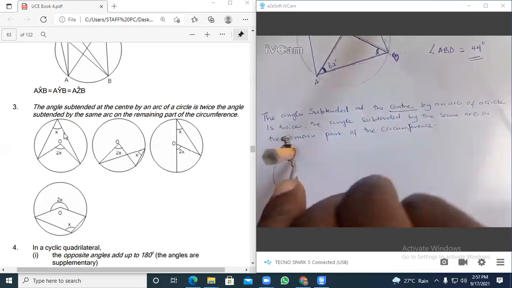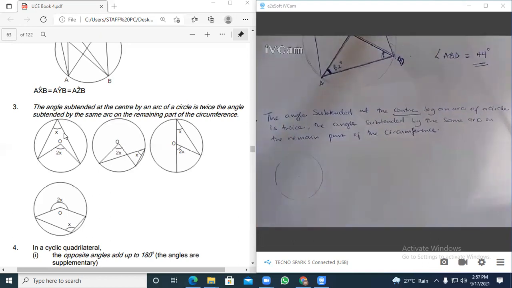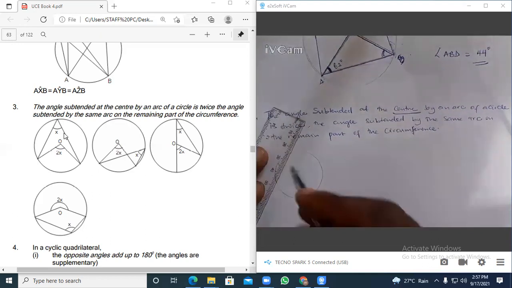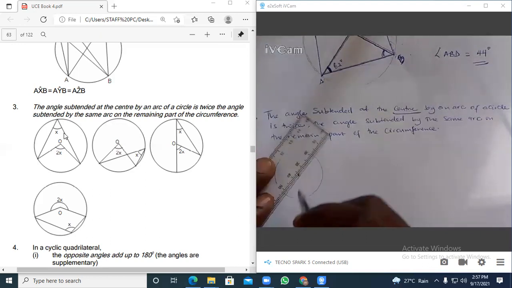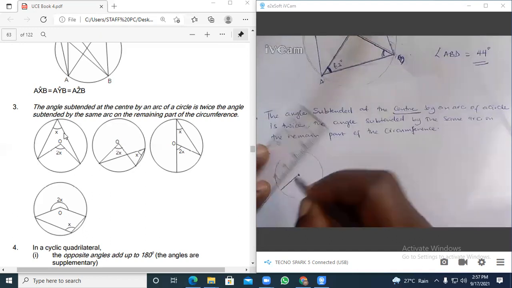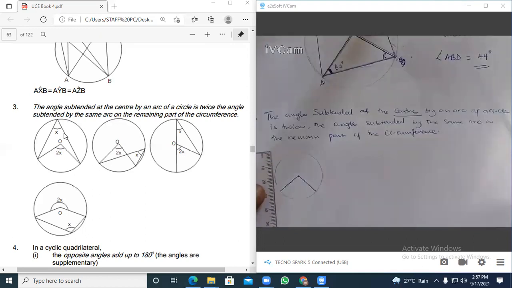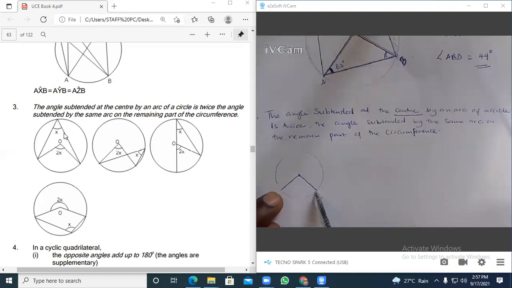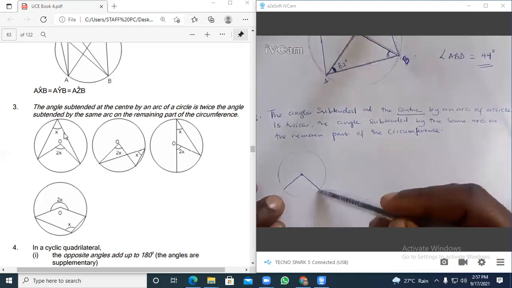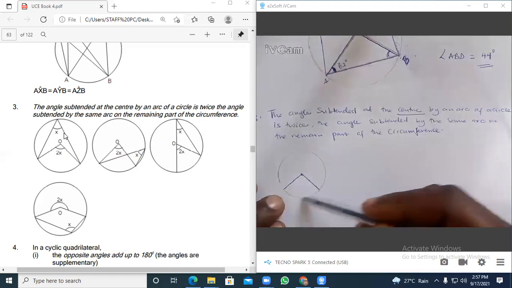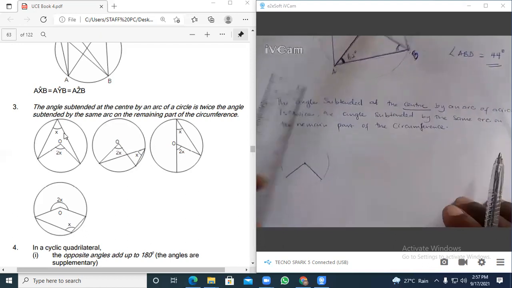Let me start with this one here. And I will draw. So we have the center there, and we have two radii from the center. Now when you create two radii, it creates two arcs. So there is this arc and there is also this other arc. There's this part of the circle and also this part of the circle. So the angle subtended by an arc